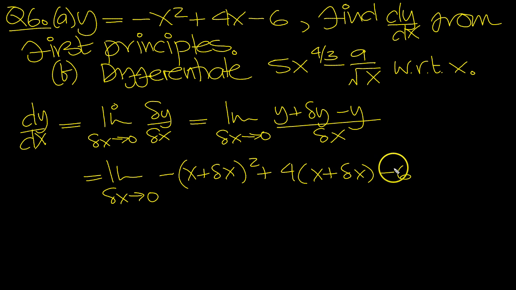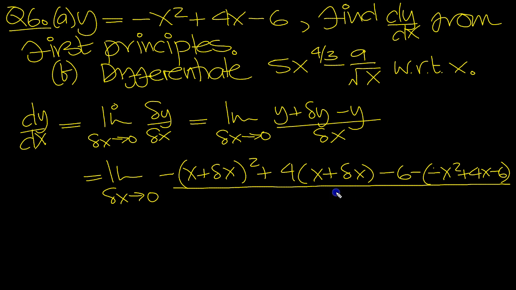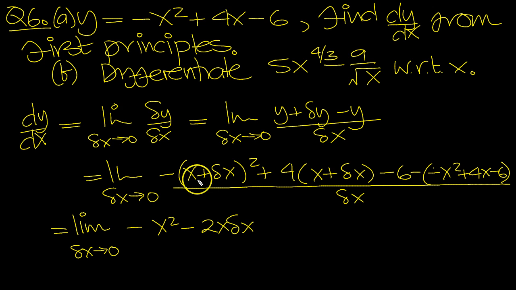So there's the y plus delta y value here, minus the y value, so it's minus the minus x squared plus 4x minus 6, all over delta x. So that's equal to the limit of delta x as it tends to 0. Here we've got minus x squared when we expand the bracket, minus 2x delta x, the middle terms, two of them, with the minus, and then minus the delta x squared, plus 4x, plus 4 delta x,